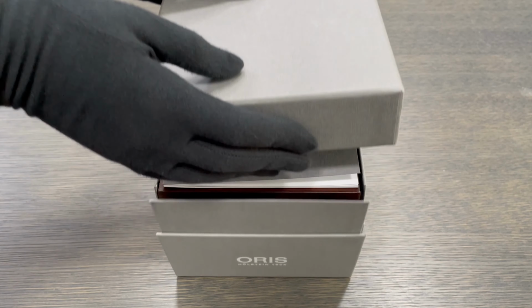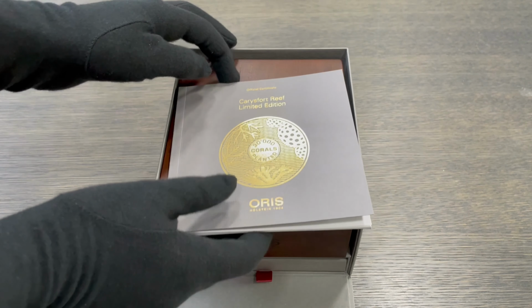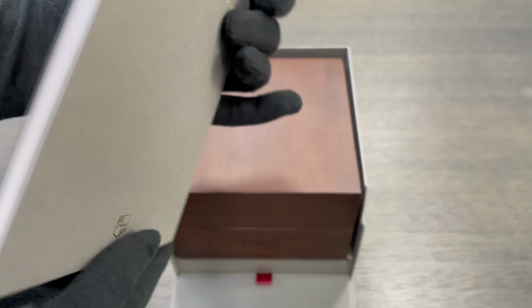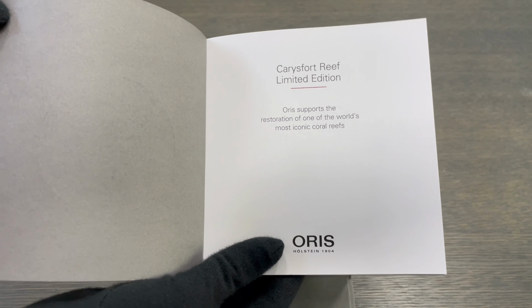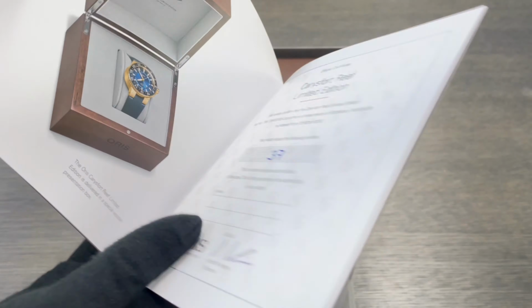We are delighted to share with you arguably the most beautiful watch ever produced by Oris. Along with the release of this watch came the announcement of Oris's continued partnership with the Coral Restorations Foundation, the world's leading coral restoration organisation. As part of their campaign, Oris will donate 3 of the 50 watches produced to an auction raising funds for